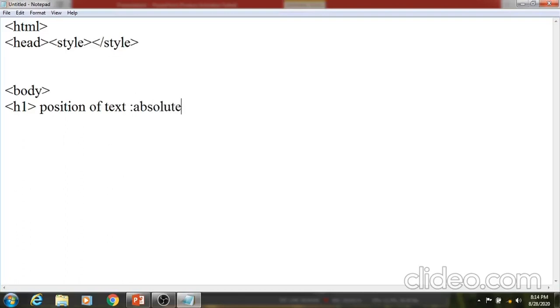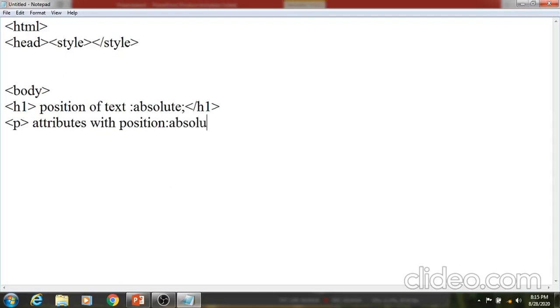We may specify any text. Then I add a paragraph with some text about attributes and position.